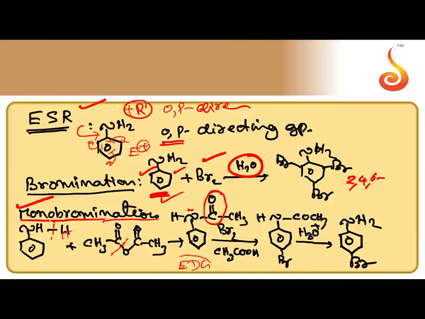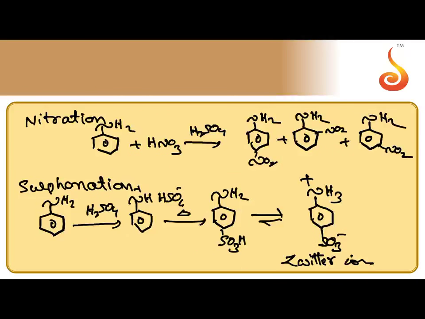NHCOCH3 is still an electron donating group, but the ring activation is less. So under these conditions, when it is subjected to bromination in the presence of acetic acid, bromine is attached at the ortho position or at the para position. So para-bromoacetanilide is obtained. When this is subjected to hydrolysis, we can get back aniline. So para-bromoaniline is obtained along with ortho-bromoaniline. So monobromination can be done by converting NH2 into the acylated form. By the acylation of NH2, we can suppress the donating nature of NH2.